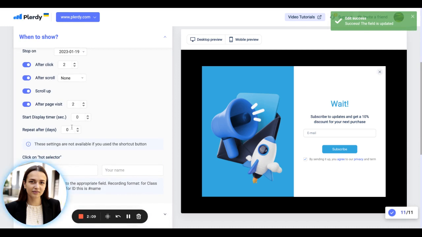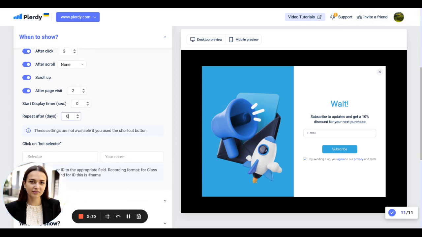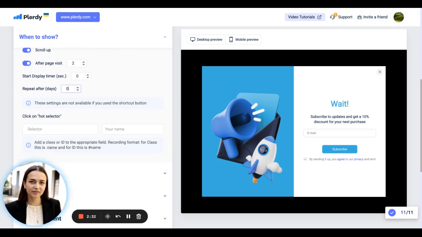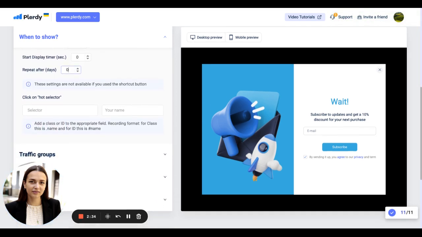If the user closed the pop-up form, you can decide when it can be displayed for this user again in the repeat after setting. Remember that pop-up forms should not irritate the user, so it is good practice to set up some days here to make a pause, and in case a user visits your site multiple times, he or she is not annoyed. This is also possible to display a pop-up after a user clicks on a specific element